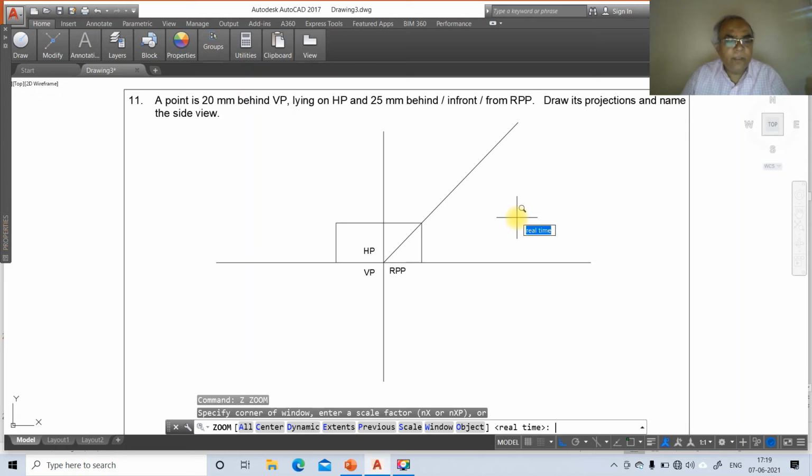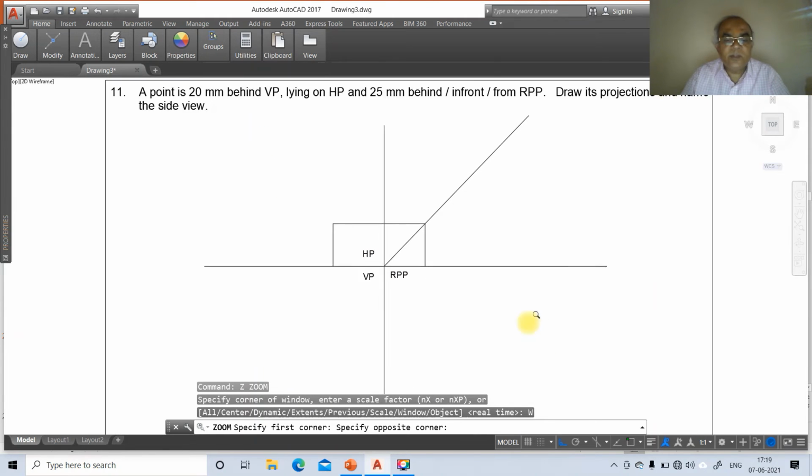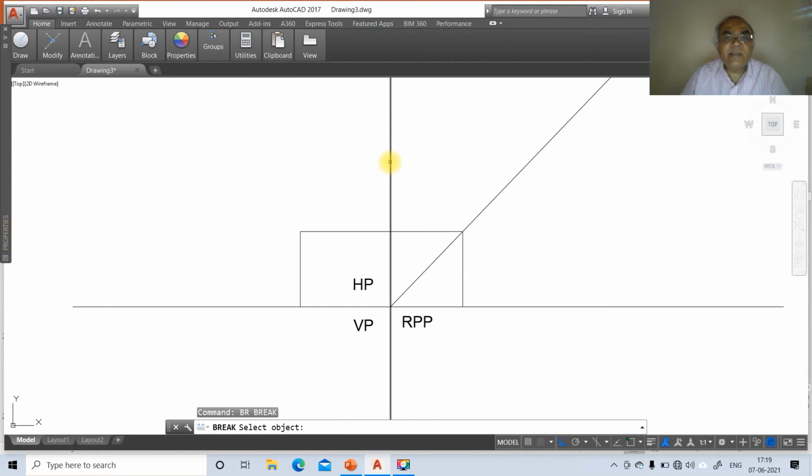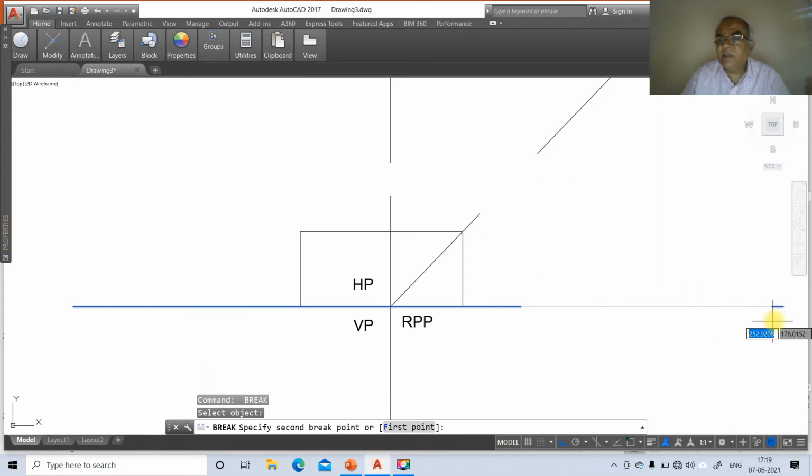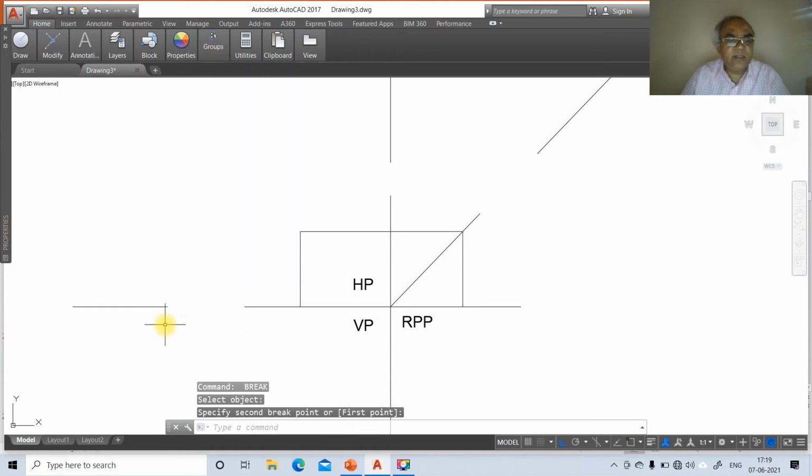Now we are going to zoom window. Break this line till here, and this line till here, and this line till here, and similarly this line till here. Then erase this, and erase this. Then break this from here to some distance, and then erase.